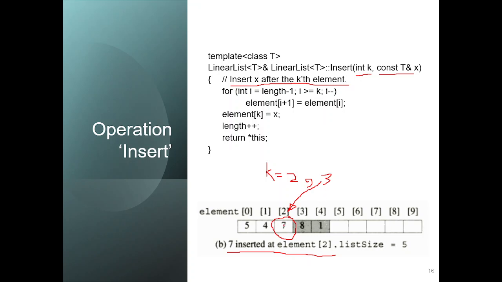अच्छा, बट उससे पहले हमने क्या करना है, अब इस पोजीशन पे तो ऑलरेडी एक वैल्यू है। यानी बिफोर दिस इंसर्शन दिस इज द सिचुएशन ऑफ द लिस्ट, 5 4 8 1, this is the list before the insertion of 7, and we want to insert after 4, 4 के बाद element at position 2, उसके बाद we want to insert 7, तो 7 के लिए जगह बनानी है पहले। इसका मतलब ये है कि 8 और 1 को पहले शिफ्ट करना है ताकि 7 के लिए जगह बन सके।